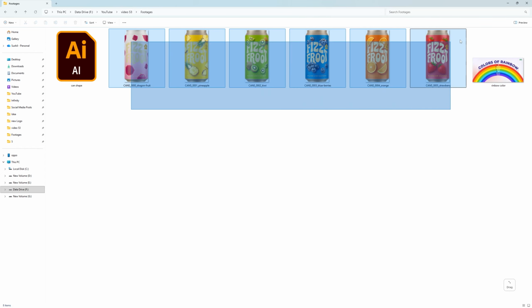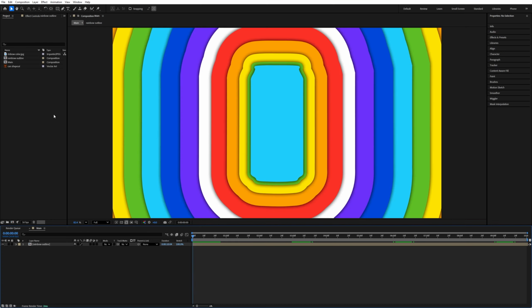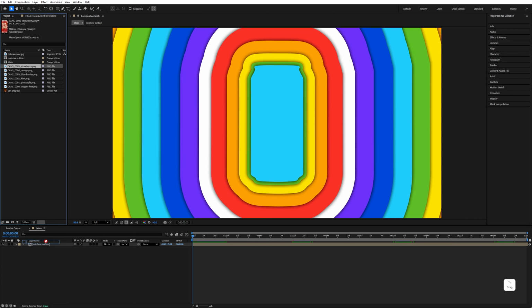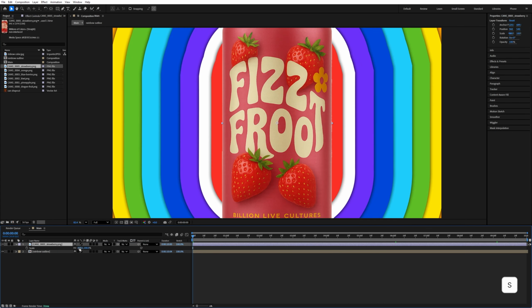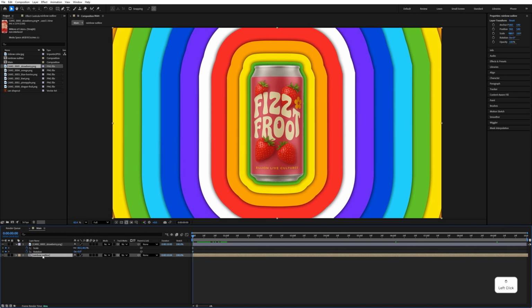Alright, now import all cans. So select everything, drag and drop into After Effects, and drag and drop any of them and press S, make the scale size 48 as well. Add the scale keyframe and press R, add the rotation keyframe. Now select this rainbow outline pre-composition and make it a parent to this can layer. Okay, and make its rotation value